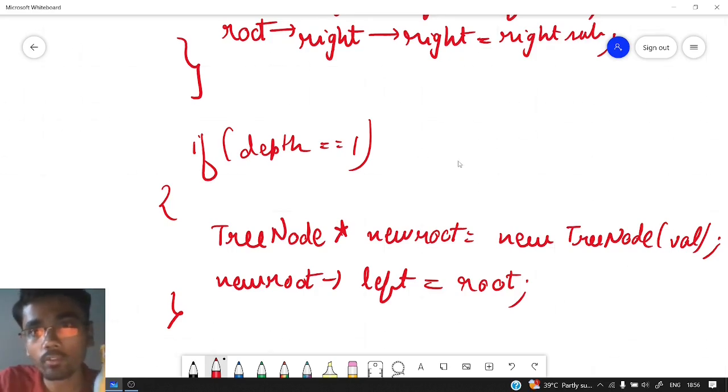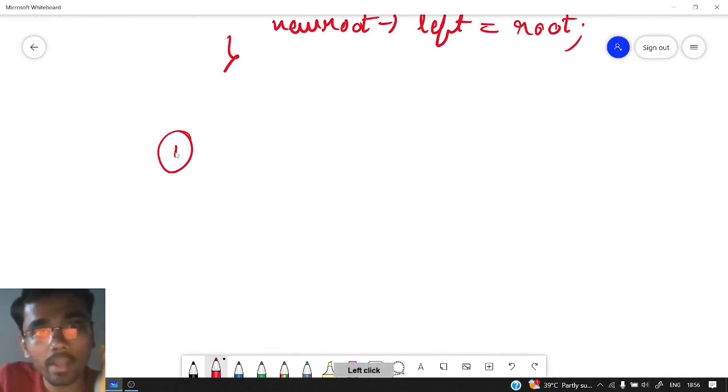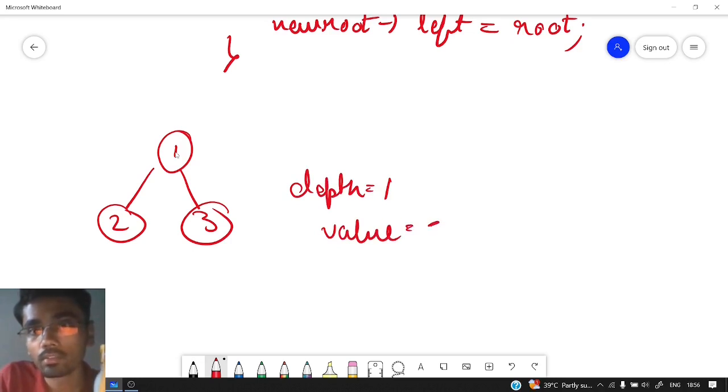Now let us understand what this scenario would look like. Let's say our binary tree was given something like this, and the depth we have been given is 1, and the value, let's say, is 5.